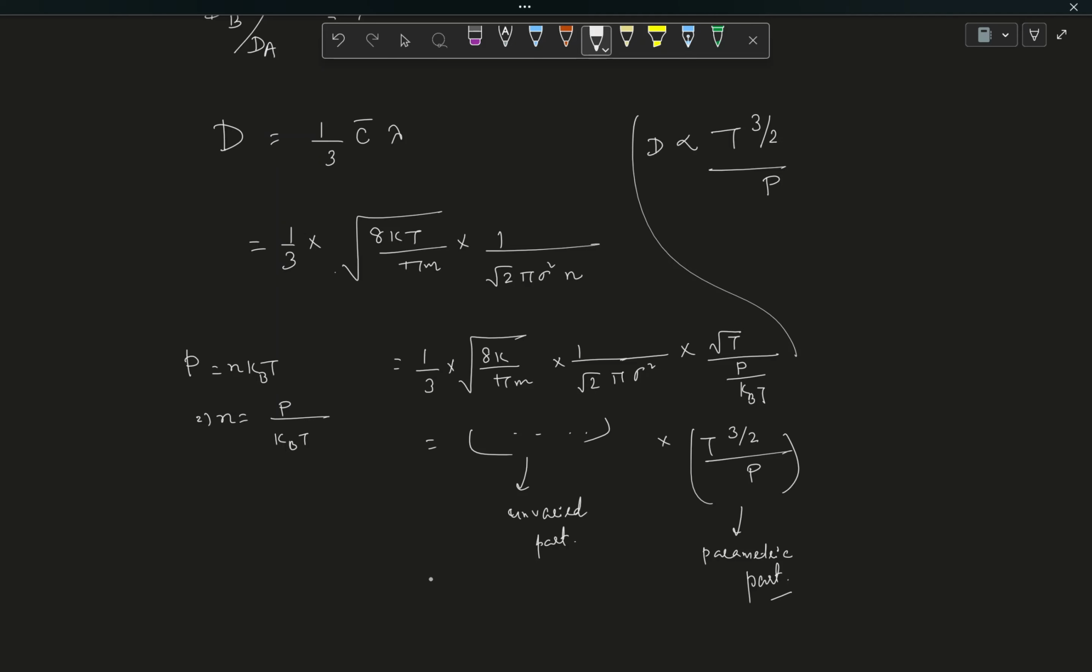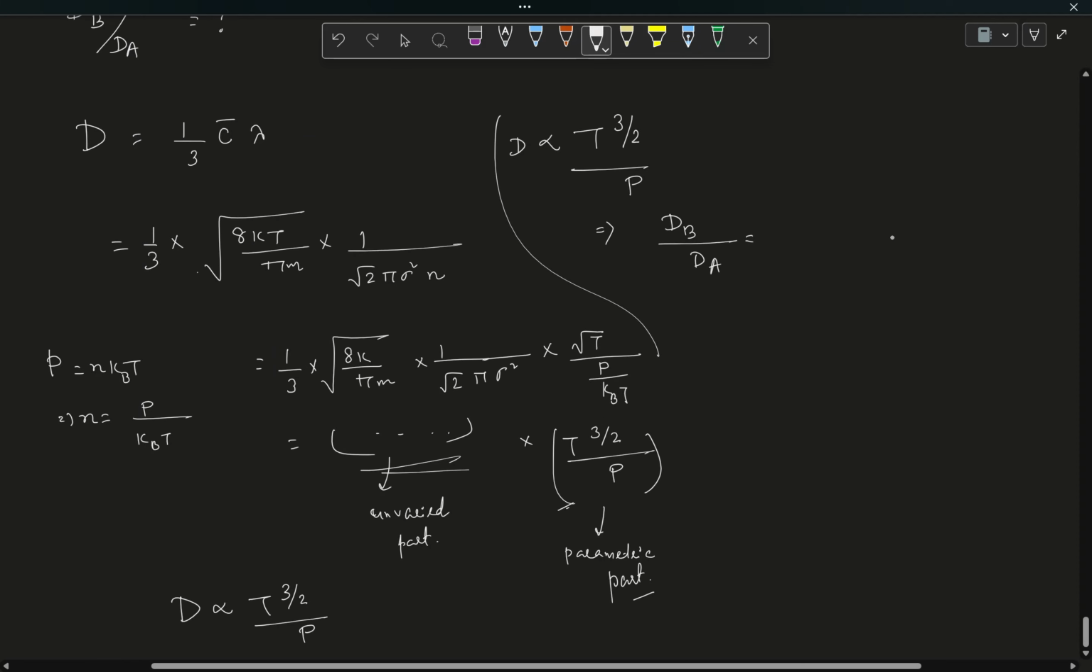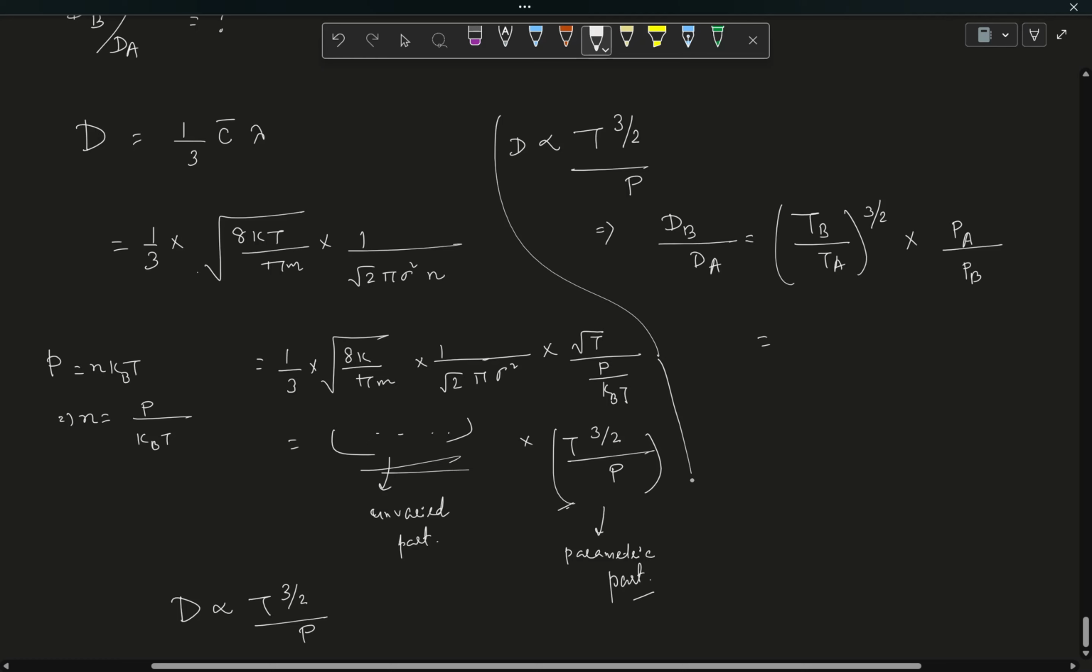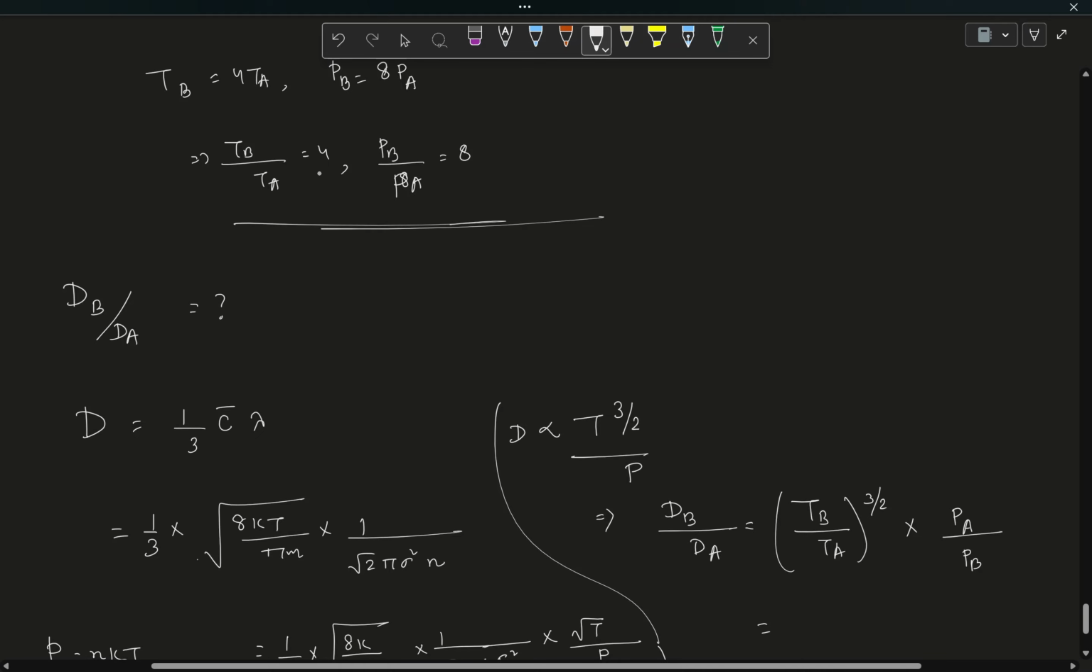So from here you can get that if this is the unvaried part constant and this is the varying part, then D is proportional to T to the power 3 by 2 by P. And here we use that. If that is the case, then DB by DA, this ratio will be simply TB by TA to the power 3 by 2 into, it is inversely proportional to P, so this is PA by PB then. And you know that TB by TA is equal to 4 and PB